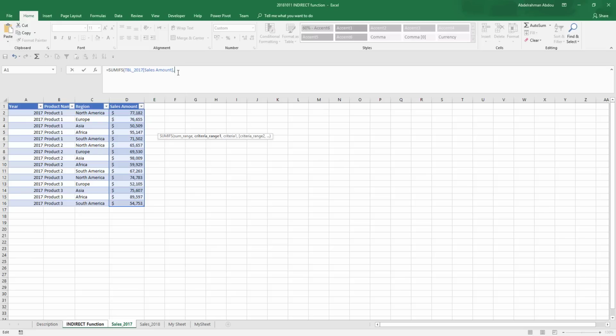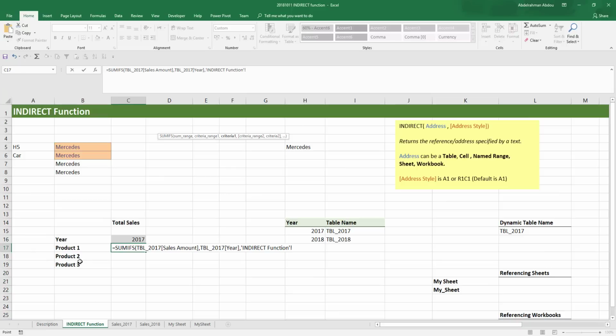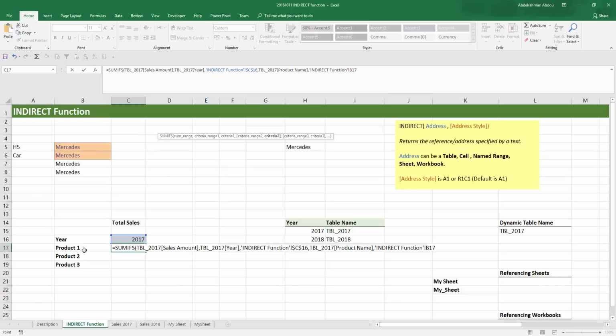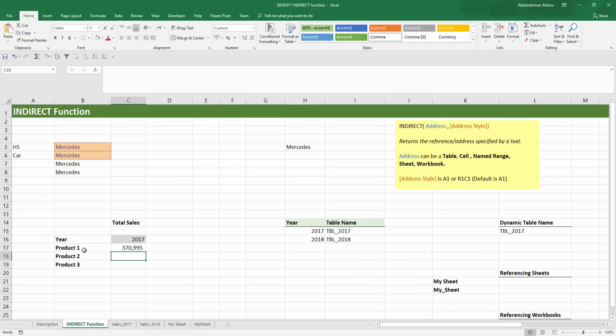And then the criteria range 1 is going to be the column containing the year, right? So this is the column for my first criterion, and then criteria 1 is going to be actually the year 2017. I'm going to absolute that because I'm going to refer to this cell as I'm dragging the formula down, so I need to absolute it. And then criteria range 2 is going to be the column containing the product name, right? And then criteria 2 is going to be the product name. I'm going to close brackets here and press enter,